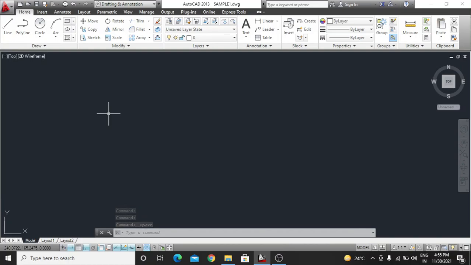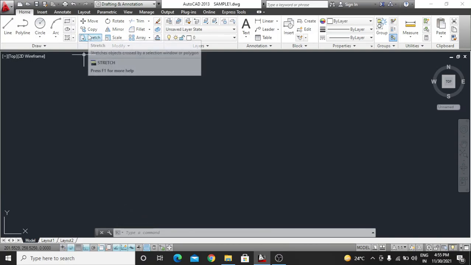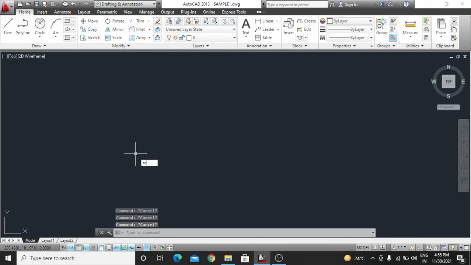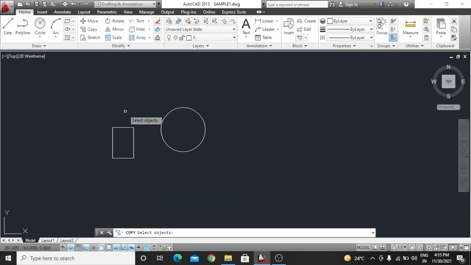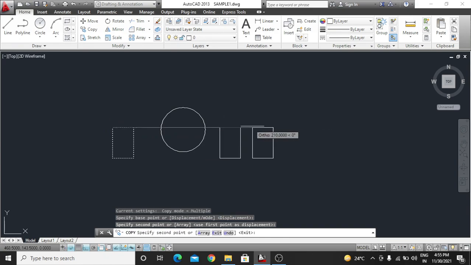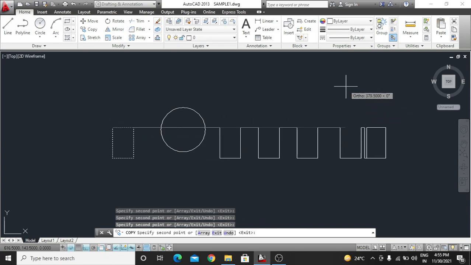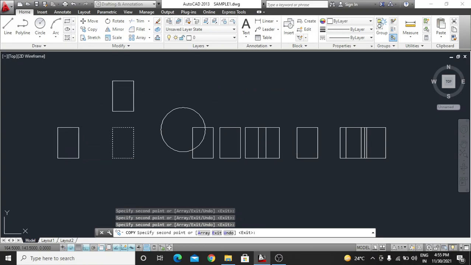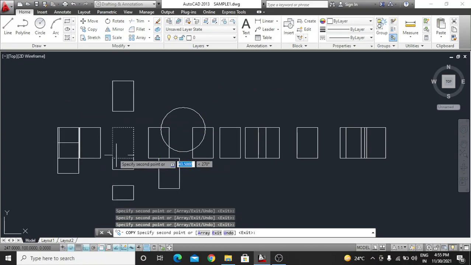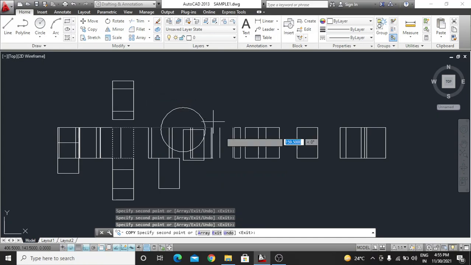Okay, after that the next command is copy, right? If we have a rectangle, a circle, whatever, and you want to make a copy of this, so just click on copy, or use the short command CO, enter, just select the object and enter and make the copy. Click as many times as you want, until you press the escape key it will stay in the same command.